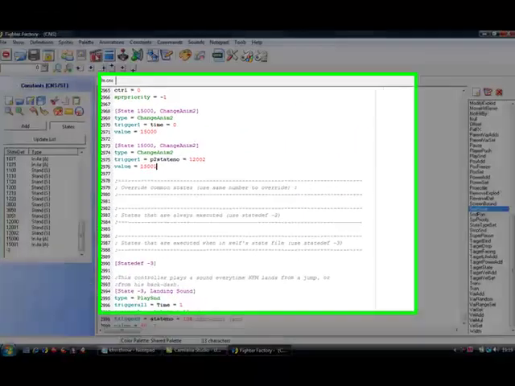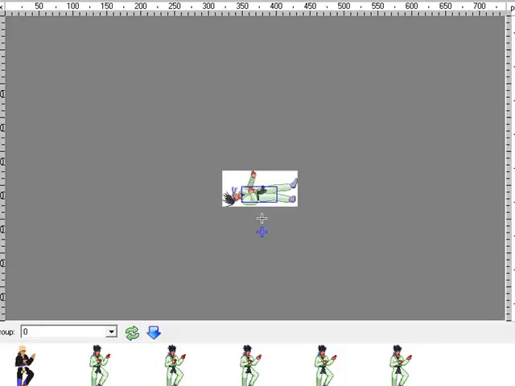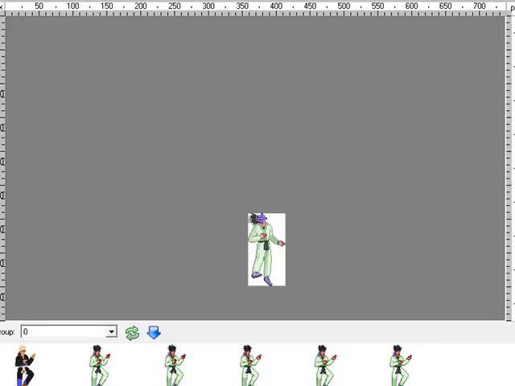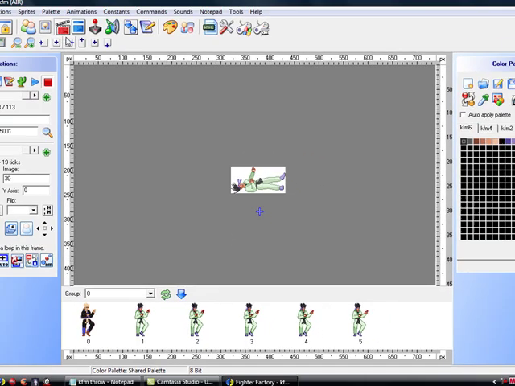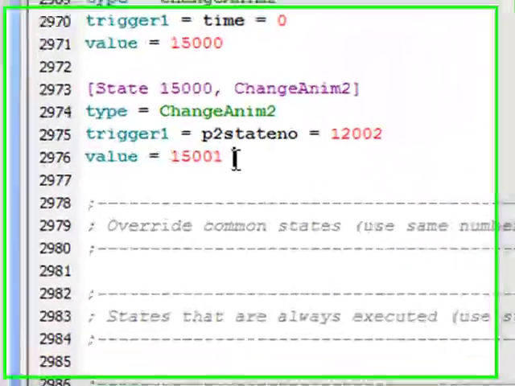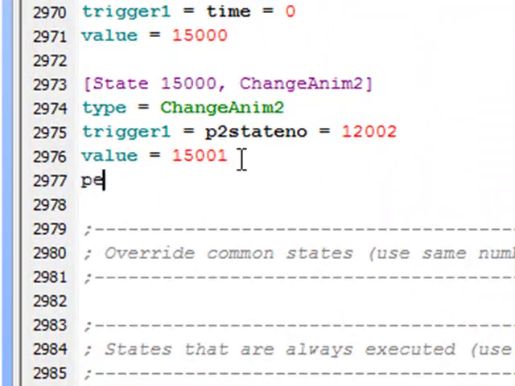15,001, which is player 2's get thrown animation, that one. And underneath that you want to type persistent equals 0. So when player 2 state number is 12,002, in this case it's player 1 state number, then change to